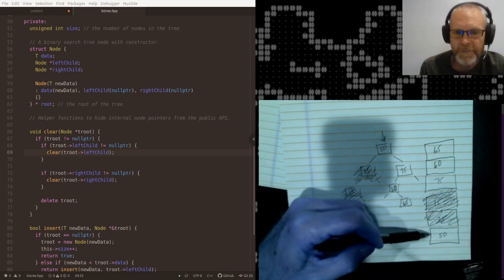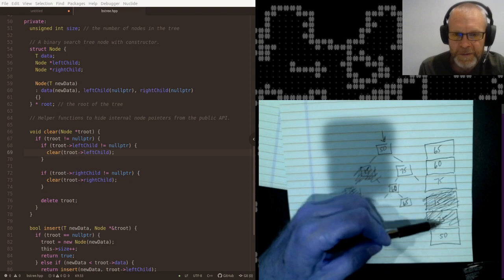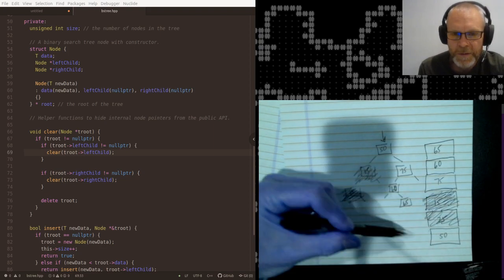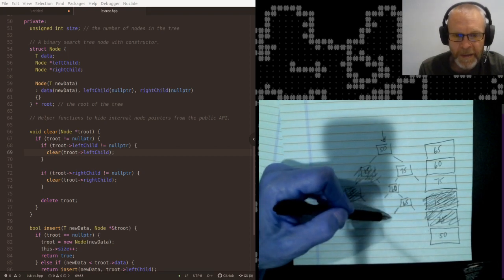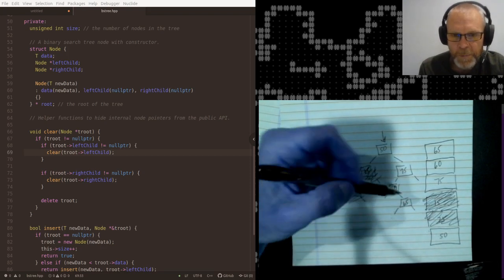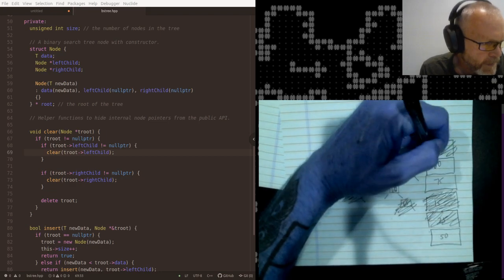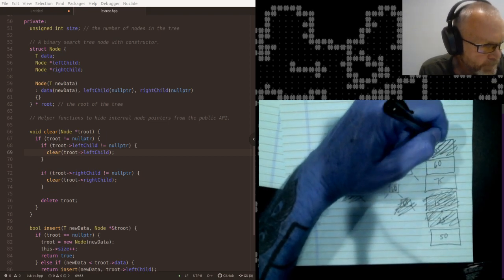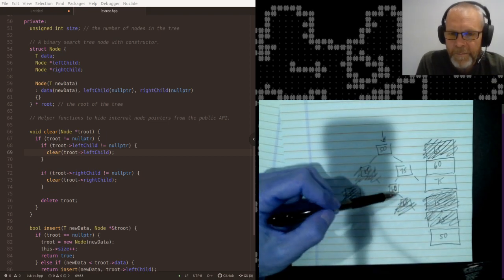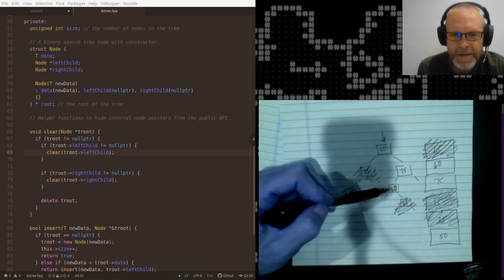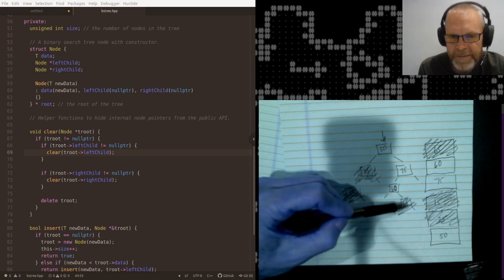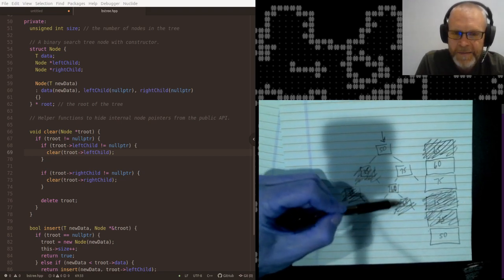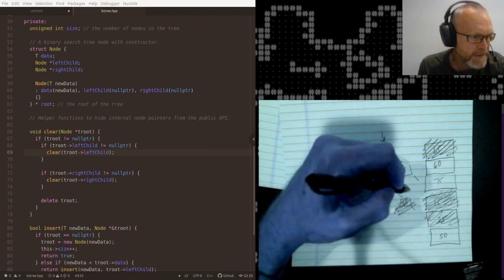So you see how 50 still can't clear itself while it's waiting for all this work to finish. So now 65 has to check, okay, I'm not null. Do I have a left? Nope. Do I have a right? Nope. So I can delete 65. That was going to the right of 60. So now 60 has gone left and didn't find anything. It went right and cleared that subset. So now 60 can be deleted,